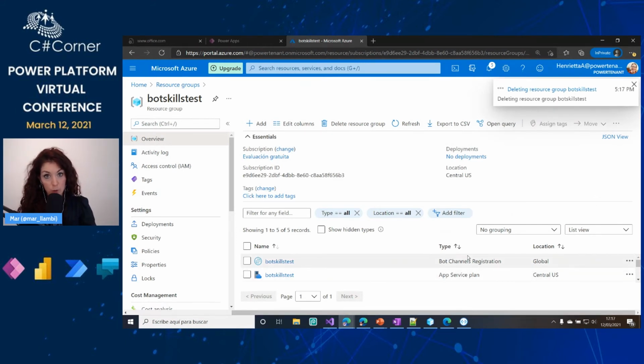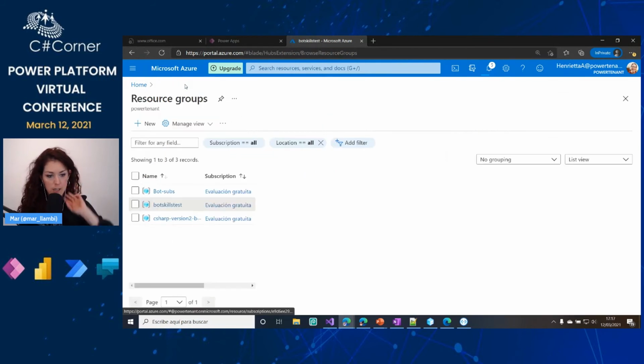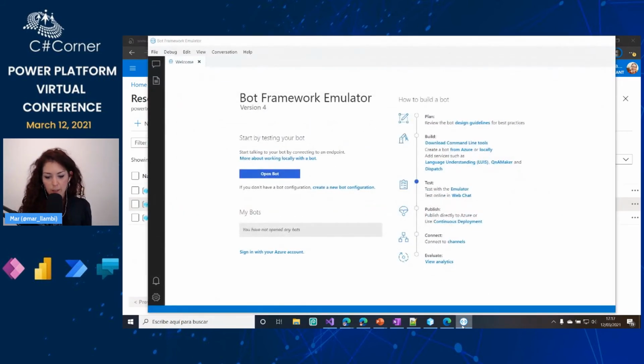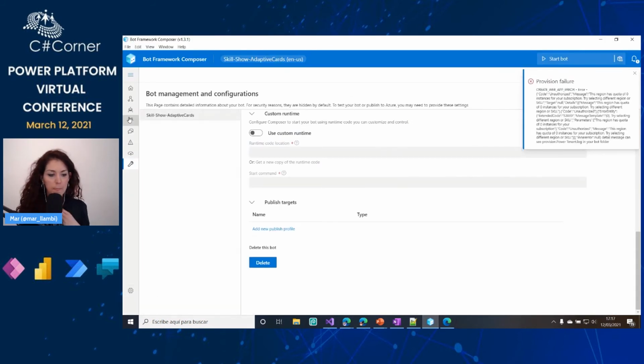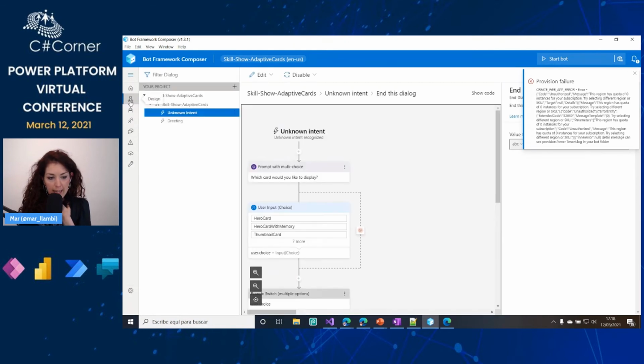I hope this will allow me to publish the skill itself. Okay, so this is being deleted. I'm going to close the emulator and come back here. Okay, so once I have done that, the next step is, do you remember that I need the